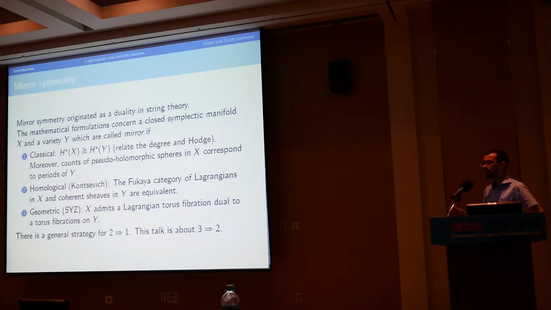I don't have very much time for the introduction, but I just want to say, if you have a Lagrangian torus fibration over, say, a base, then the tangent space of the fiber is canonically isomorphic to the dual of the tangent space of the base. So if you dualize the fiber, you get another fibration, so that now the tangent spaces of the fiber are isomorphic to the tangent space of the base.